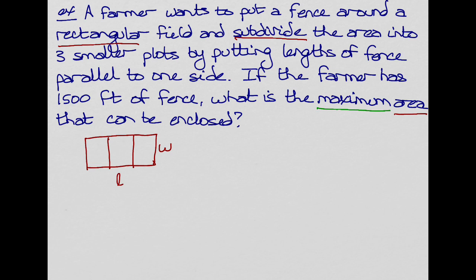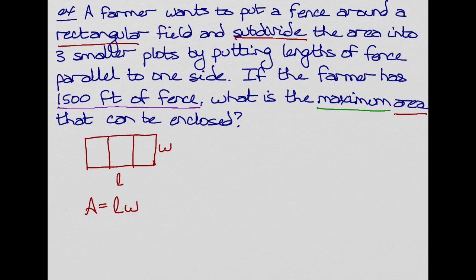Let's see, maximize area. So my goal is maximizing the area. The area of a rectangle is length times width, and there's my function that I want to maximize. But there's a problem with that, and that is it has 2 variables in it, and I'm only allowed 1. So we'll look for a constraint here. The constraint is just an additional piece of information, and that is